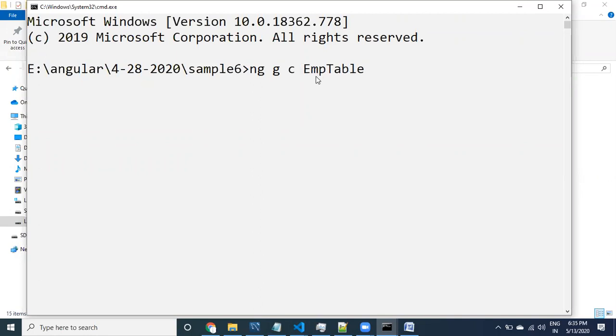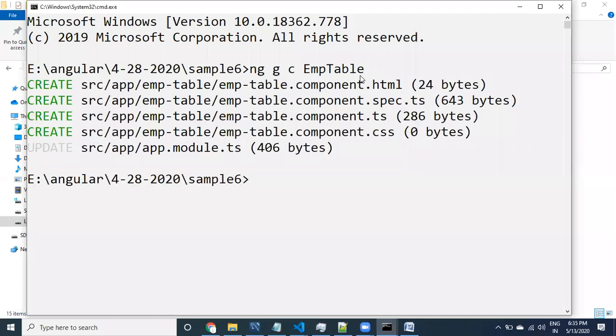Whenever I say employee table, it will automatically add the name component, something like emp-table component. Whenever you have a capital letter, it is going to be decapitalized, and before that a hyphen symbol is added. Dot component is added for every file: the HTML file, the spec file, the component class, and the CSS.